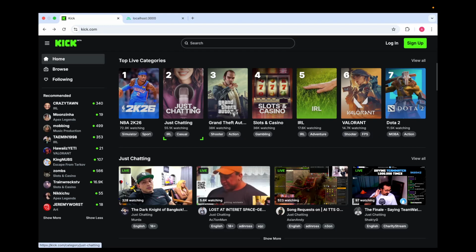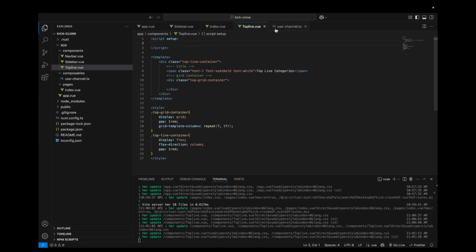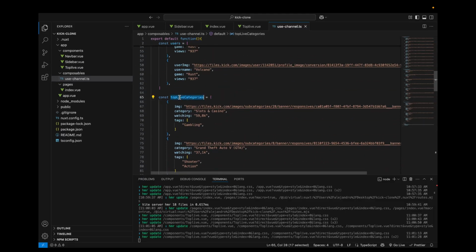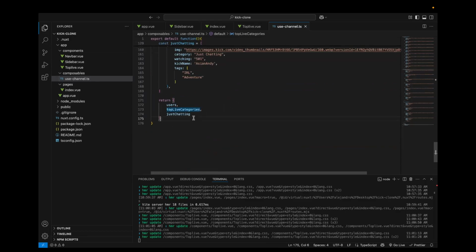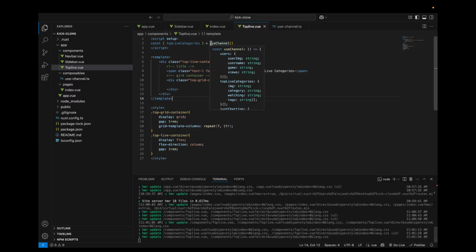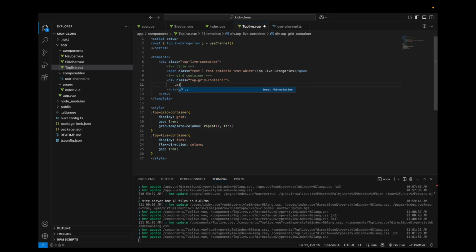Okay, so now we can import our data from use channels again, right here. That's called top live containers, so we're returning it right here. So we'll just grab that name, const top live categories, and we'll call it use channel. So now we have access to those items. Okay, so we'll come here and do single top live category,